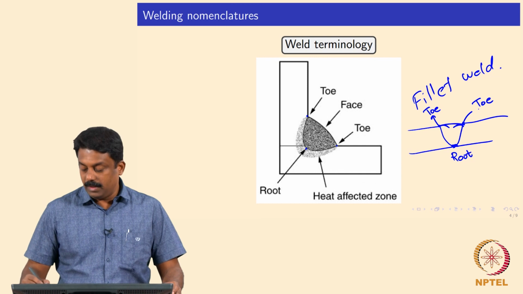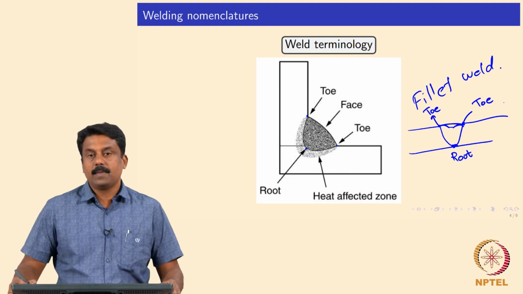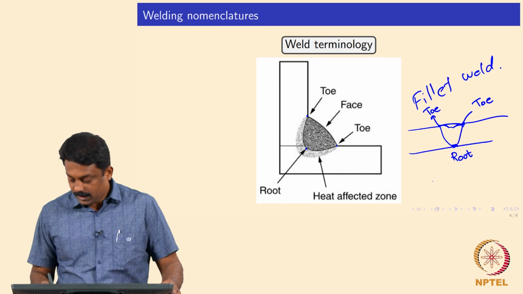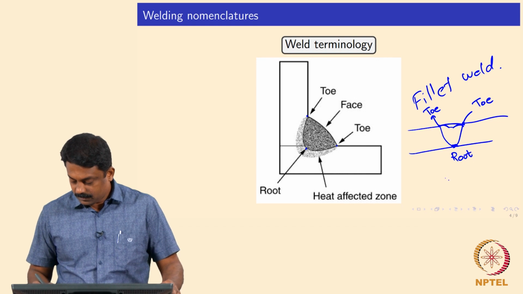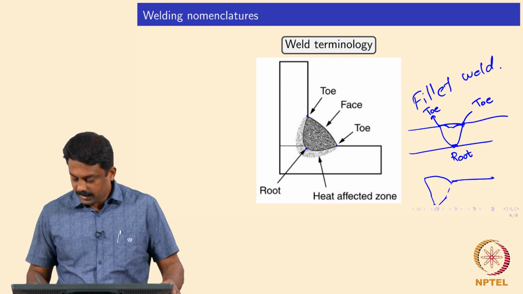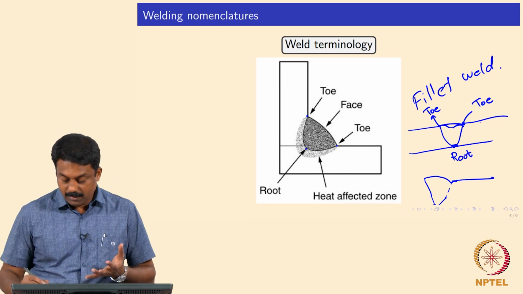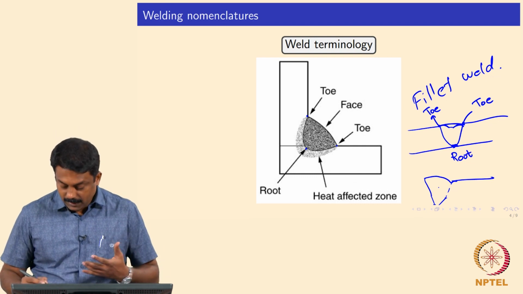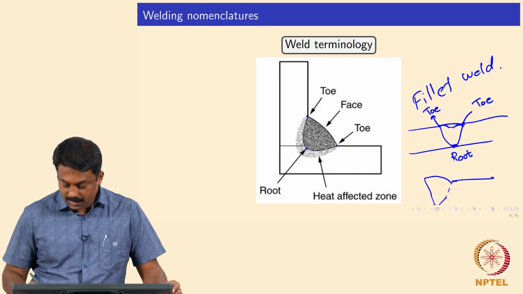So, if you are not doing the multi-pass welds and the weld cavity is not filled properly, these toe regions may always have a notch formation. Okay. Say for example, you have a magnified view. And you are filling it something like this, and this is your weld. So, when you are not properly filling it up, or the pass is not sufficiently wetting the weld cavity, then you always have a notch formation on the weld toe.